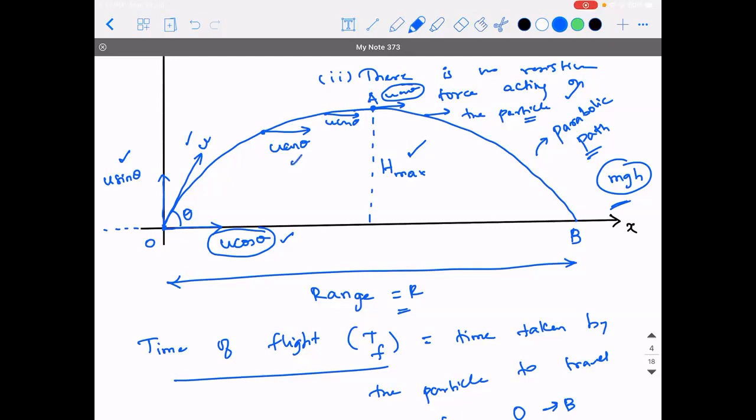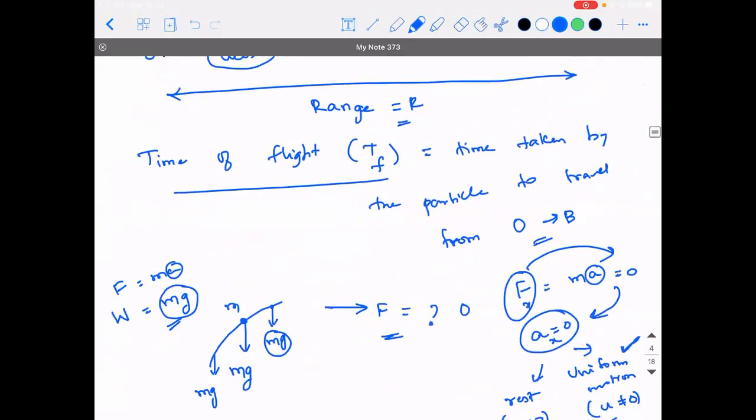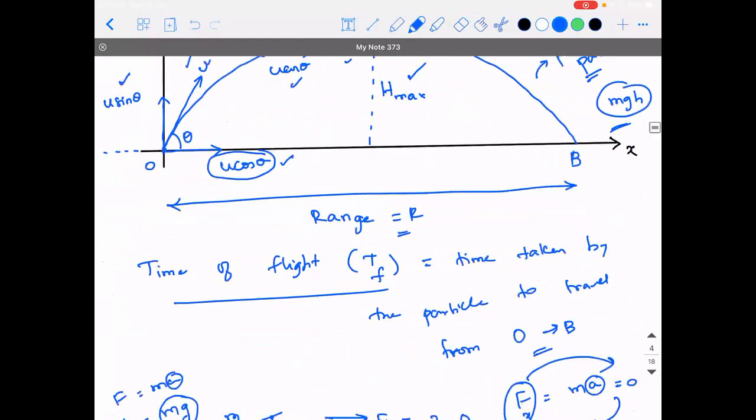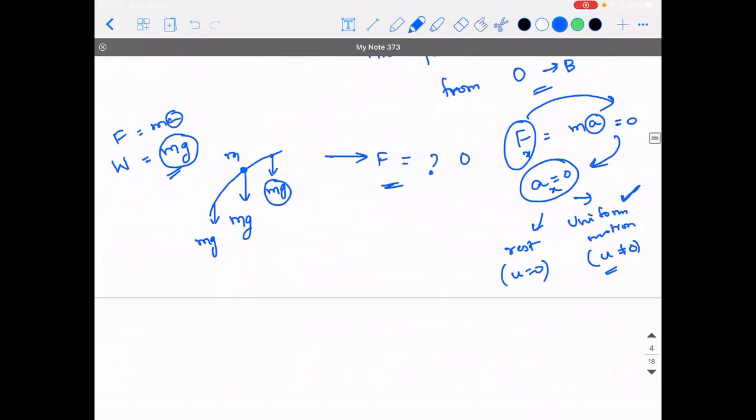So it is because of this u cos theta that the particle will have kinetic energy at every instant through its journey. I hope you guys are making a note. See, it's a very small concept. Actually, we'll be completing this chapter by tomorrow itself. It is that small. But the only thing you need to know is, I'm talking about this part of the chapter, that is projectile motion. But you need to know all these small things. So please make a note of all these points.